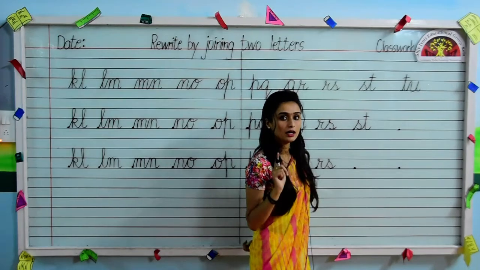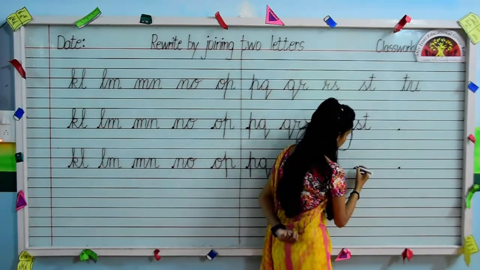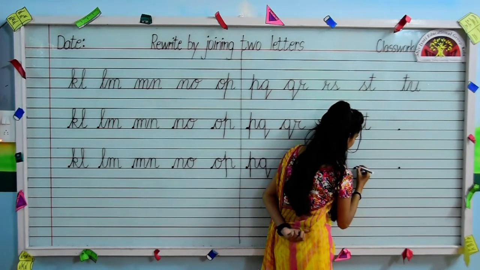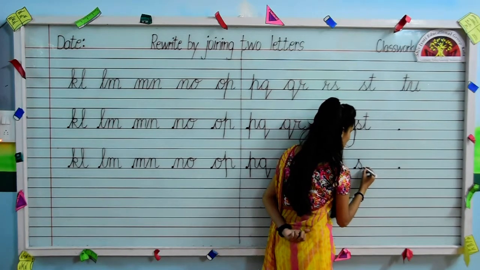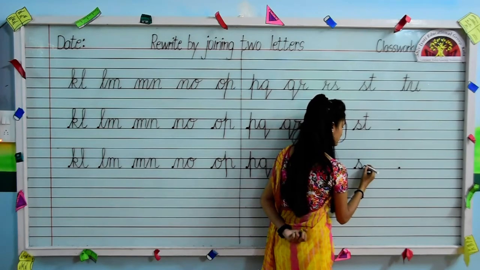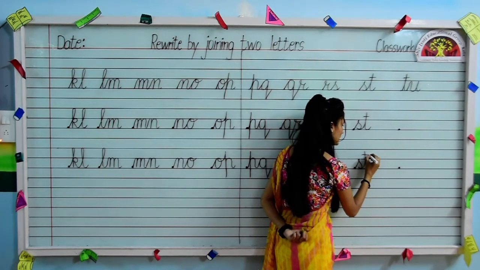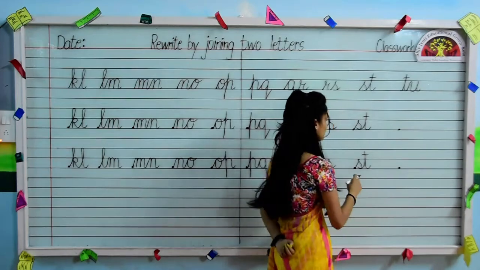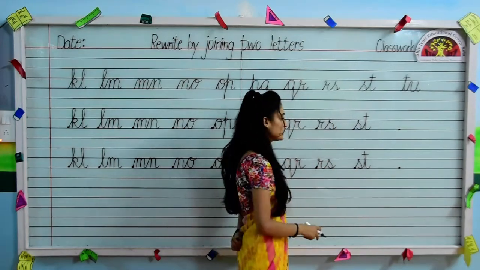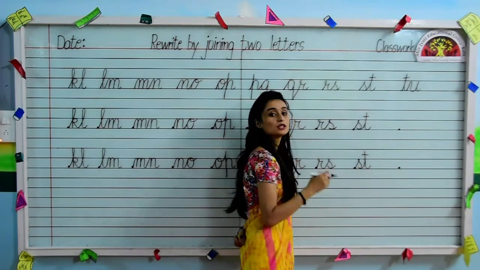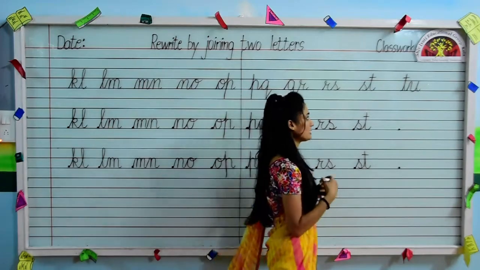Okay kids, now let's see once again. Firstly we will write letter S, and out. Now we will make letter T. Go up, do not touch the first line, come down, then make a curve, and a sleeping line in the middle. So this way you have to write your letter S, T together. Come on the next one.